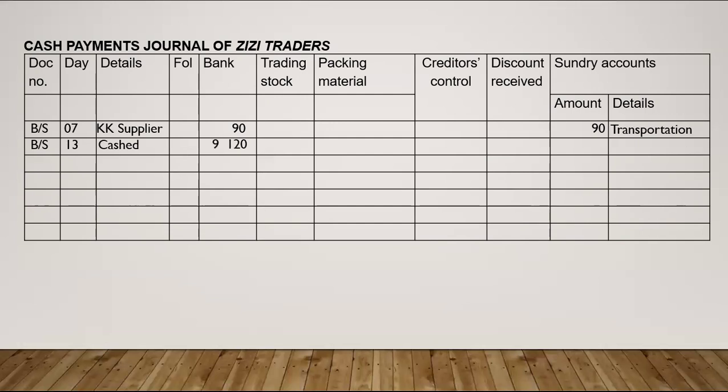But computers, are they trading stock? No, they didn't say we're selling trading stock. Are they packing material? No. Actually, they are equipment. So computers are equipment. We don't have a column for equipment. That will be recorded under sundry as a result. And the account affected will be